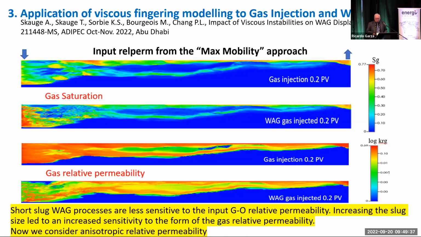So what's the conclusion of this? Well, if you do short WAG cycles, we see also that the relative permeability input. I did this with a max mobility approach. I could have done it with a gravity stable gas injection well pumped. I would get nearly the same. And the reason why is that fingers are suppressed by the slugging